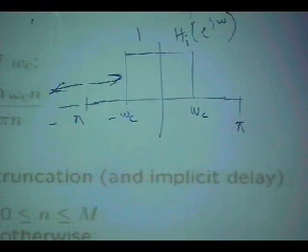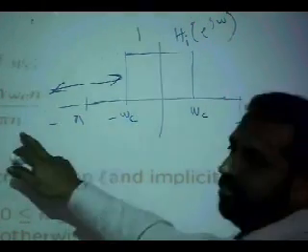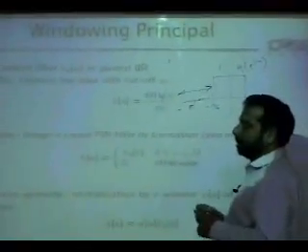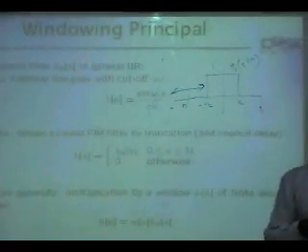So sine omega_c n over pi n has this limitation that it goes from minus infinity to infinity, number one. Number two, you cannot put it in a difference equation form. Okay, so these are two major limitations, because you know it is a non-realizable filter. So from where we started, we said this is not possible, so not realizable, so you have to do something